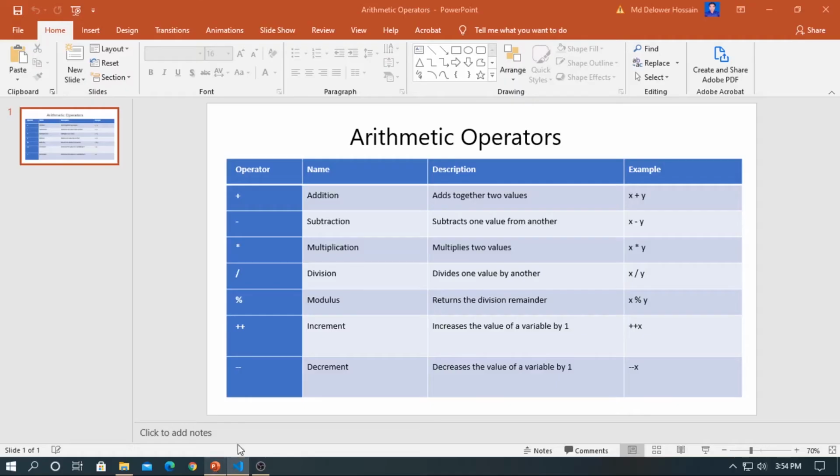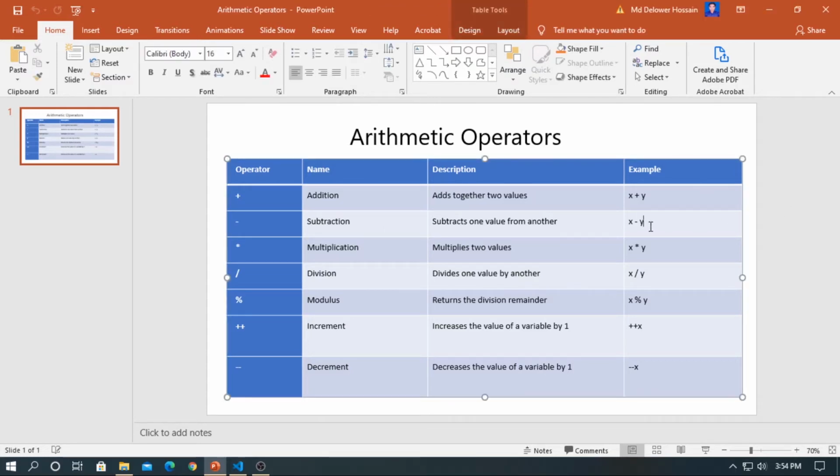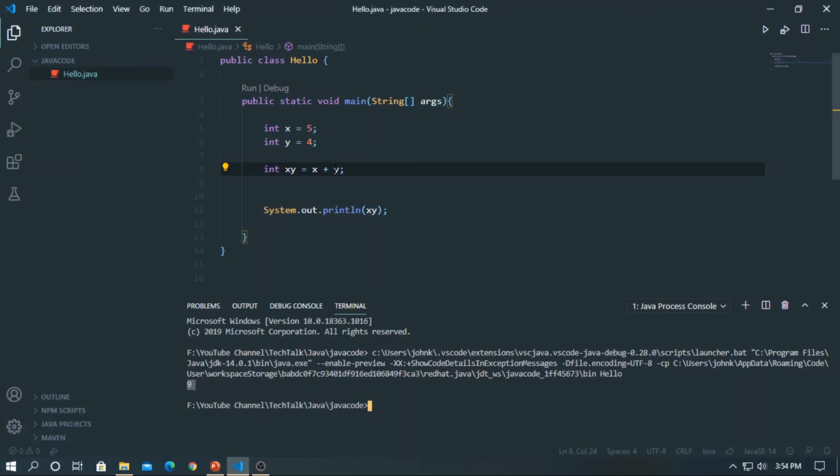Next one is the subtraction operator, which subtracts one value from another value. For example, the y value is subtracted from the x value. So let's subtract the value of the y variable from the value of the x variable. Let's run this code.